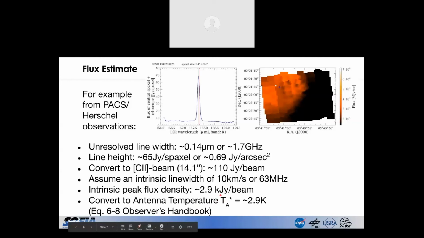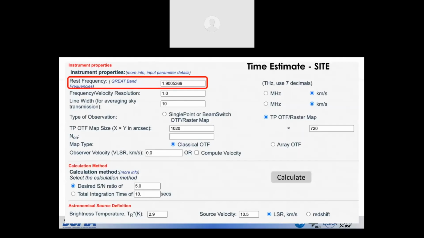So you have to convert the kilojanskys to antenna temperature. The equation for that, and how to derive it if you're interested, is in the Observer's Handbook. It's basically just divided by a factor of less than 1,000, but you're on this order of accuracy. The antenna temperature comes out to roughly 2.9 Kelvin. So that is the value that we need to estimate the observing duration,